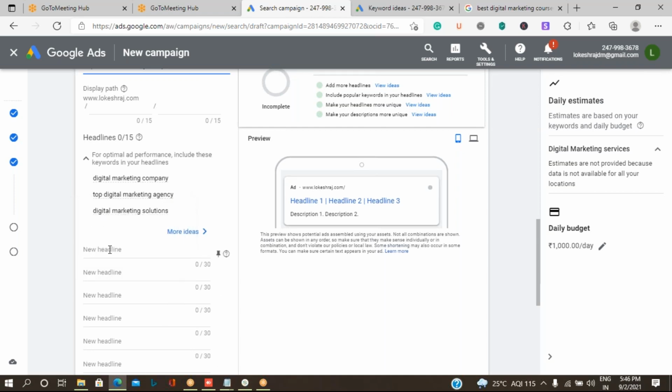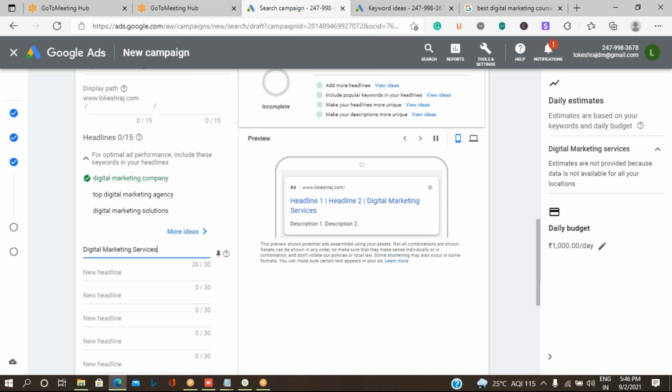Let me take it. For the first headline, make sure you do not cross the character limit. One headline is up to 30 characters. Okay, second headline.